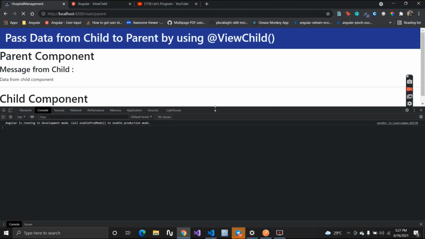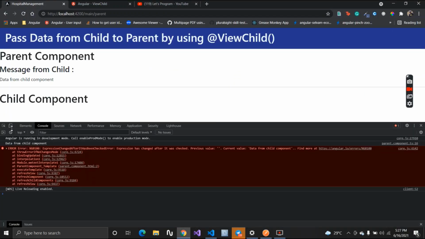Now we can see I'm getting the data from the child component inside our parent component.